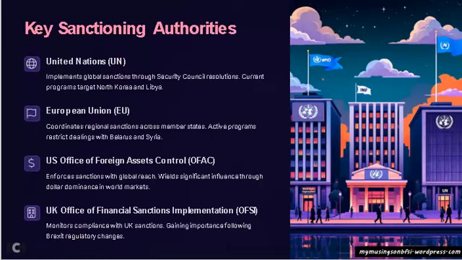Now, who are the key sanctioning entities? One is the United Nations, because they impose globally binding sanctions, such as those on North Korea for nuclear proliferation, for example. Then comes the European Union, because they coordinate sanctions across 27 member countries, targeting regimes like Syria, for example, for chemical weapon use, or Belarus for election fraud.